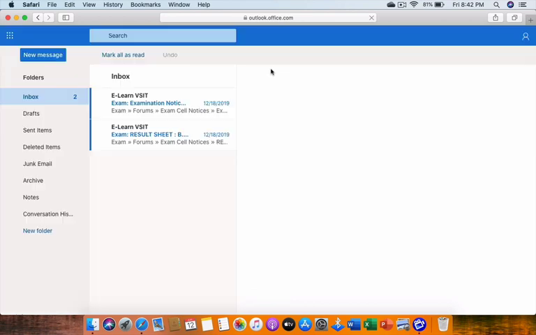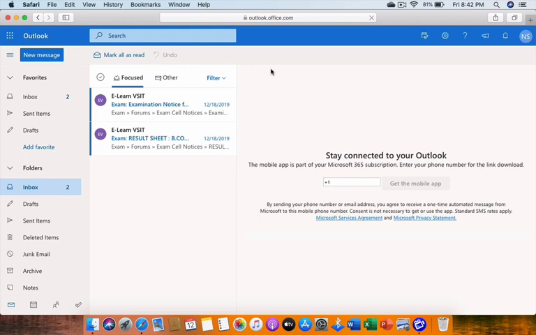Okay, now it has accepted the password. Once it is accepting the password, you can see the screen like this.